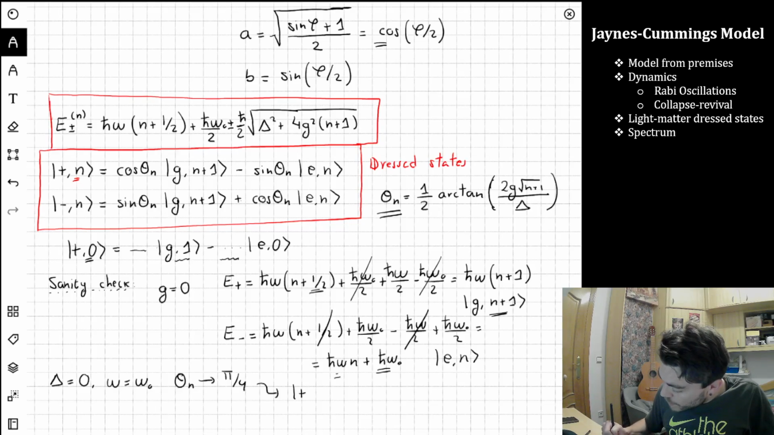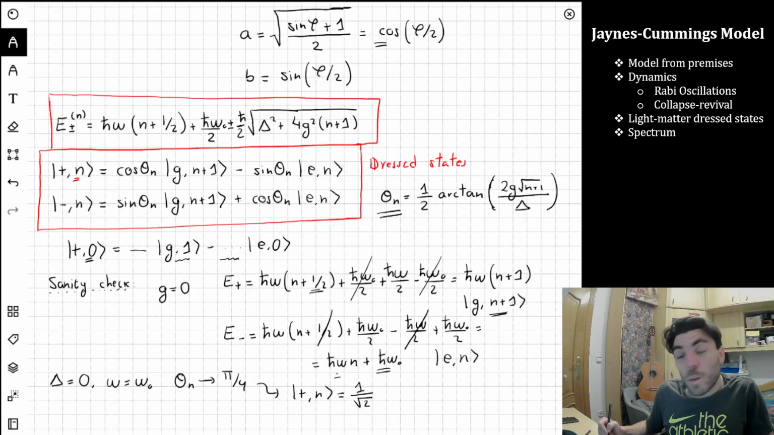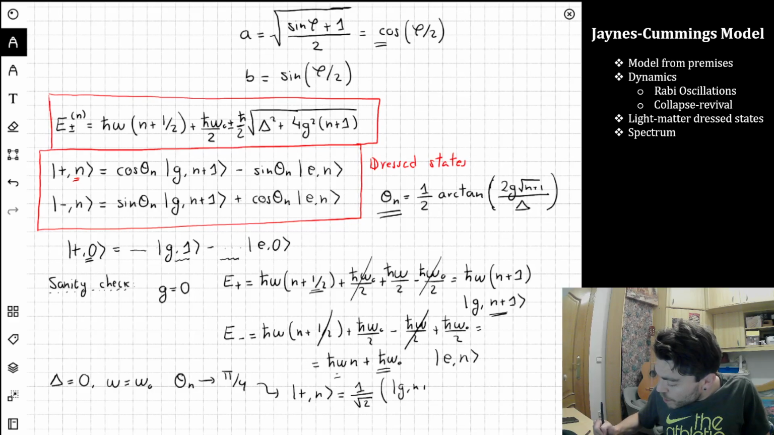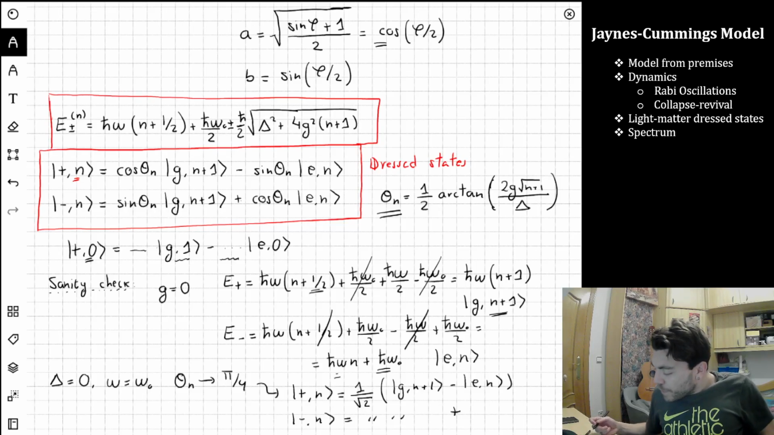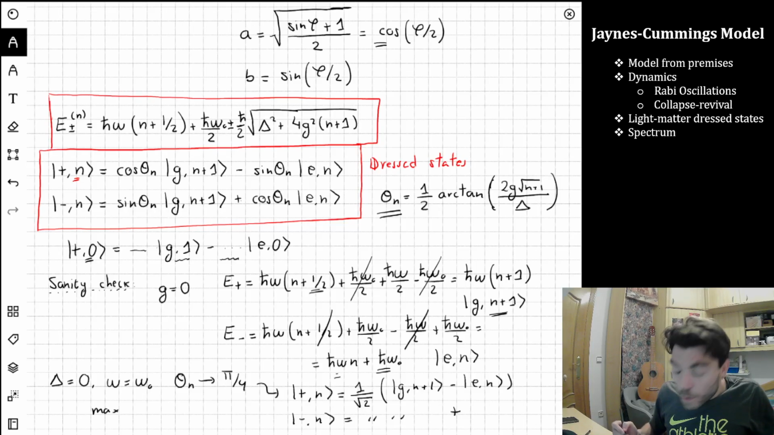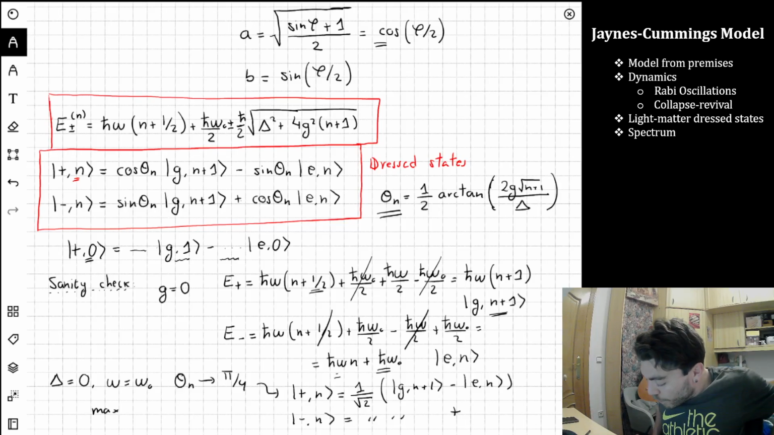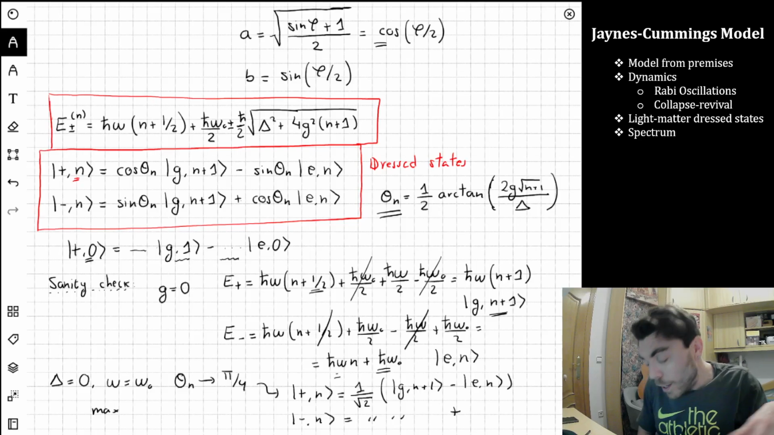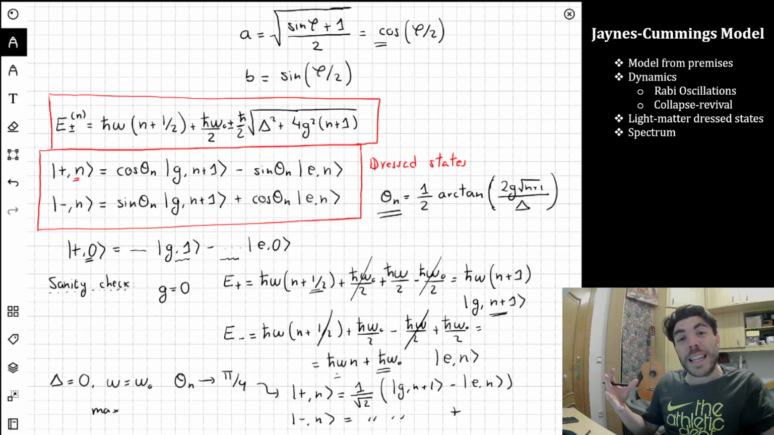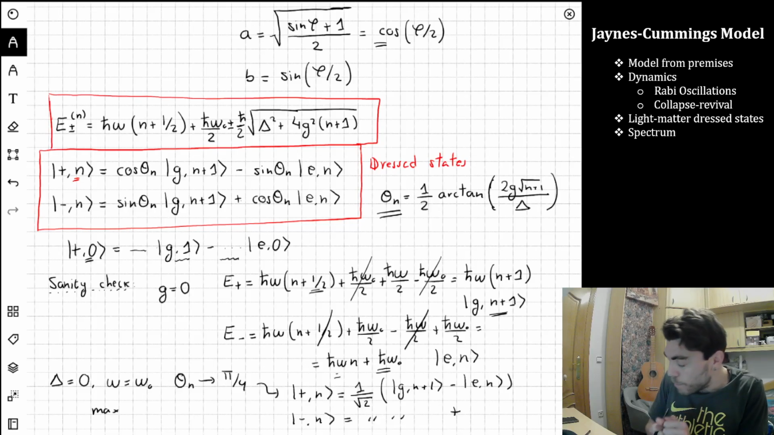So then the plus and minus states are basically equal quantum superpositions between the two states: 1 over square root 2 of g, n plus 1 minus e, n, and the other, the minus state, would be something very similar with a plus sign. And this means that they are maximally entangled. So, as one could already expect, when the frequency of the field in the cavity is resonant with the frequency of the atomic transition, the states are maximally entangled between light and matter,